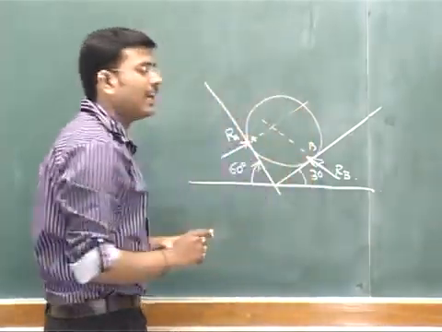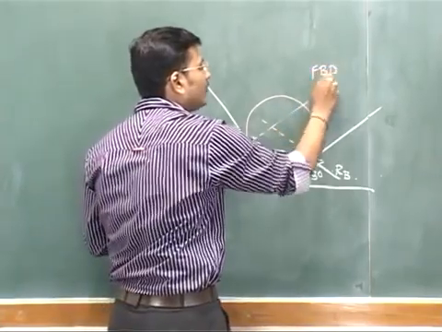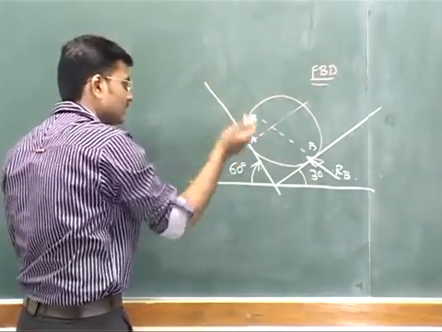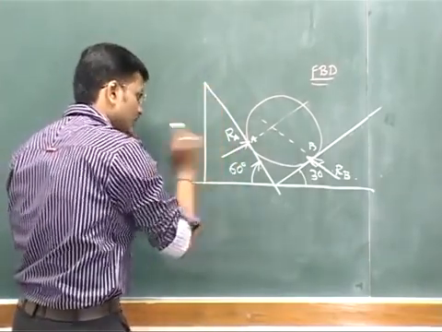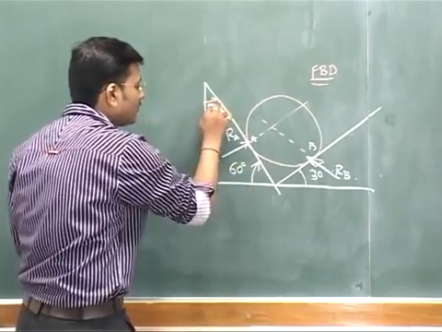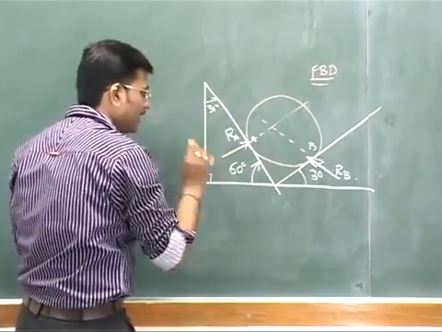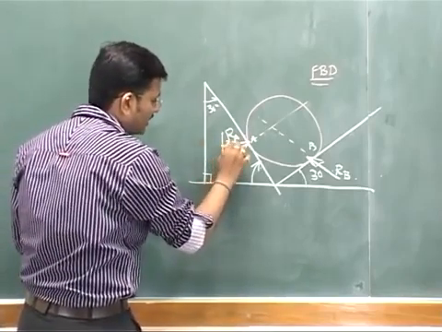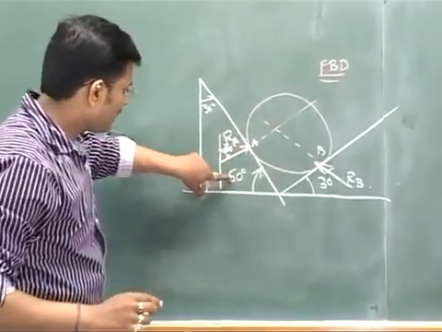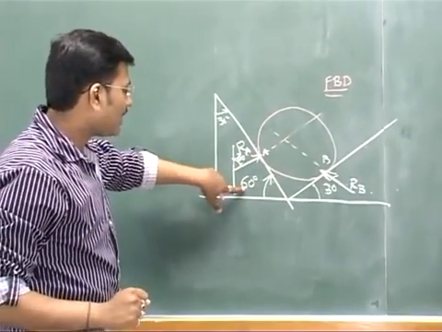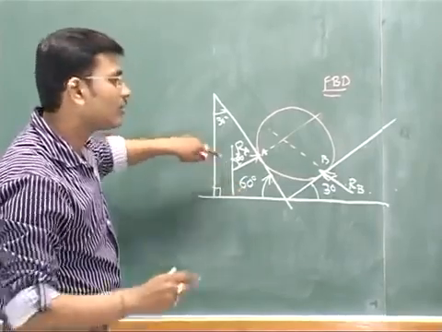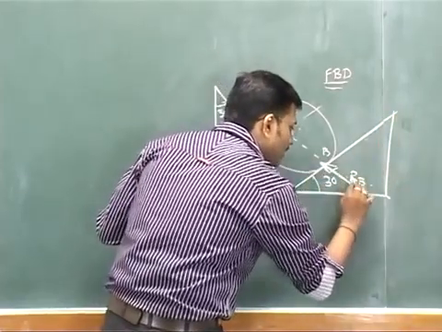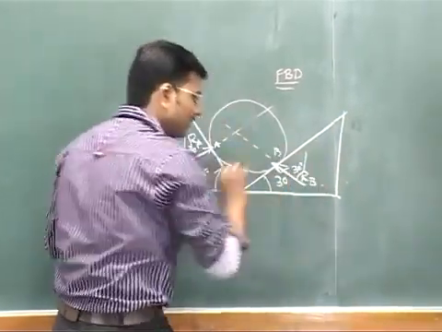I have to first draw the FBD, that is the free body diagram, for this ball. But before that, we have to calculate the angles of these forces. So if this is 60, this will be 30, and this will be 90. The angle with respect to vertical is 60 degrees. Whatever is the angle with respect to horizontal will be the angle with respect to vertical when it is acting in the normal direction. And the same is the condition for the other wall; the vertical angle comes out to be again 30 degrees.